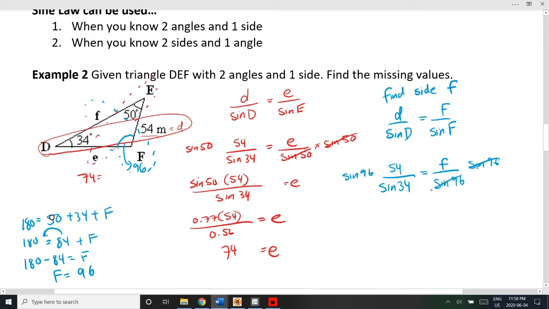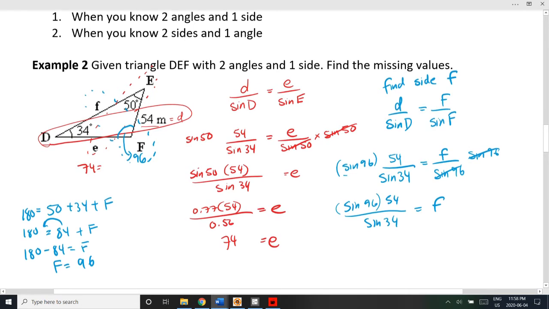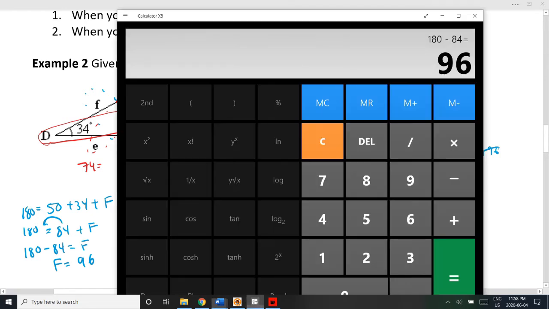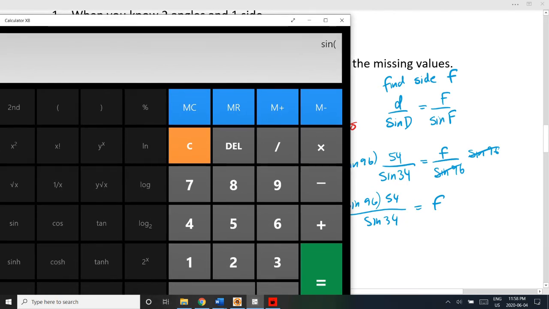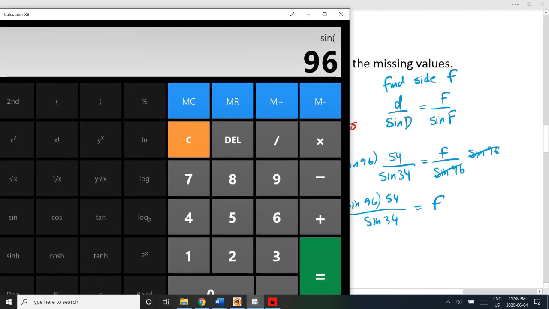And this will get rid of sine 96 here, and we're left with this, which is sine 96 times 54, all divided by sine 34 is equal to F. So let's calculate this, and we can just plug this all into a calculator to find out what these things are. So let's go ahead and do that. Let's clear this, and we have sine 96. So sine 96 is equal to